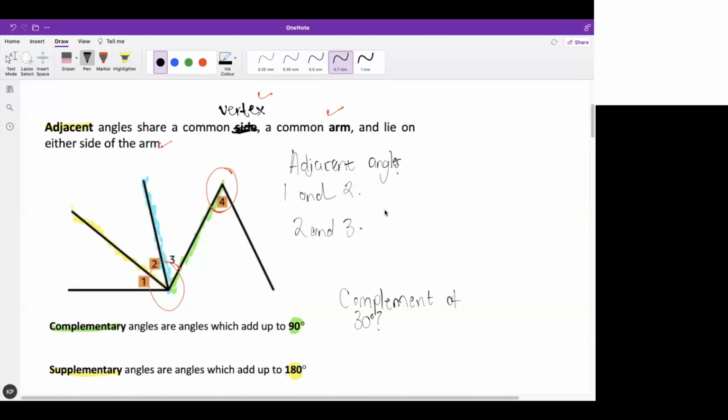60. How did we know that the complement of 30 degrees is 60 degrees? Thank you, Abu. Oh, beautiful, guys. Because they add up to 90 degrees. So the complement of 30 degrees is 60 degrees because they add